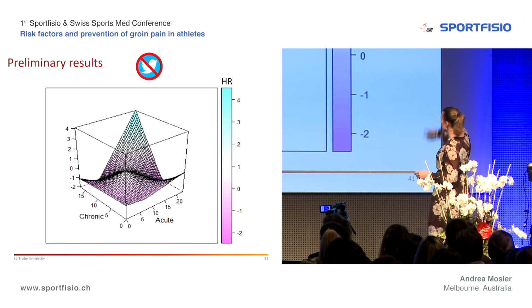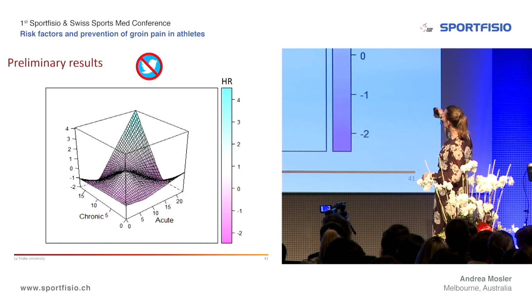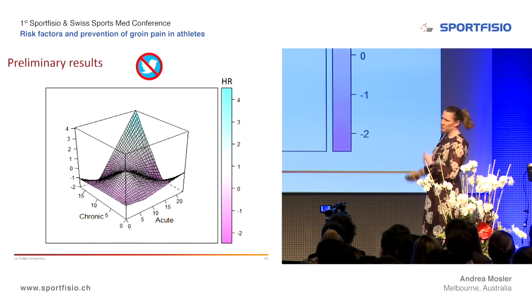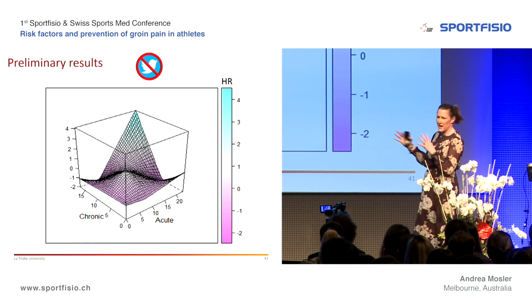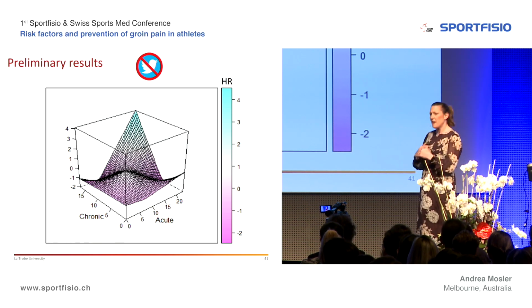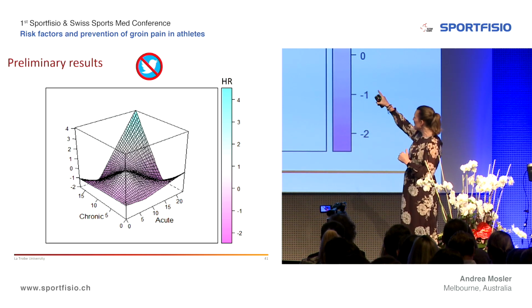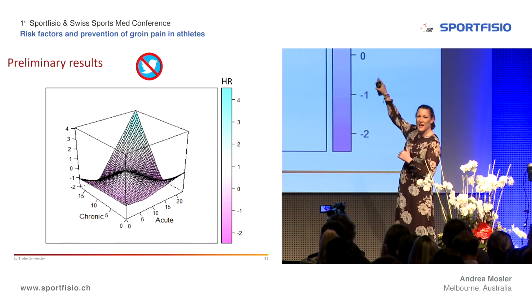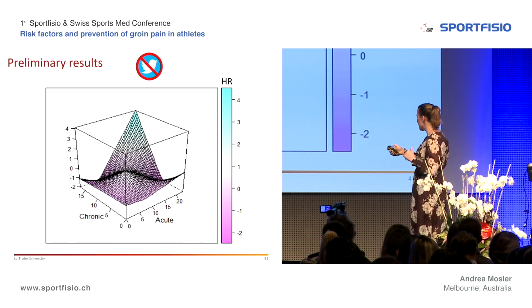I don't think you can see it, but the hazard ratio is on the right-hand side. And you can see here where the aqua colour is, that's where the highest risk is. And where the deeper purple, that's where they're relatively protected for groin injury risk. So what we've decided to look at here is the interaction between acute and chronic workload, rather than looking purely at the acute to chronic workload ratio. And this is a three-dimensional plot. So you could actually take any spot in this plot and then look at the relationship between acute workload, chronic workload, and calculate the hazard ratio. Of course, the confidence intervals aren't built into this plot, so just bear that in mind.